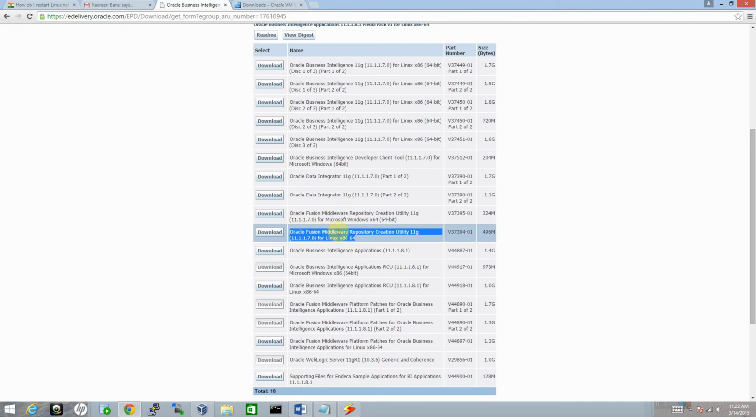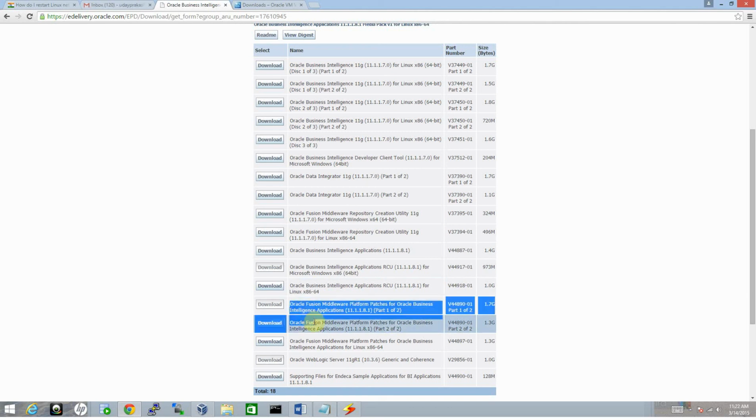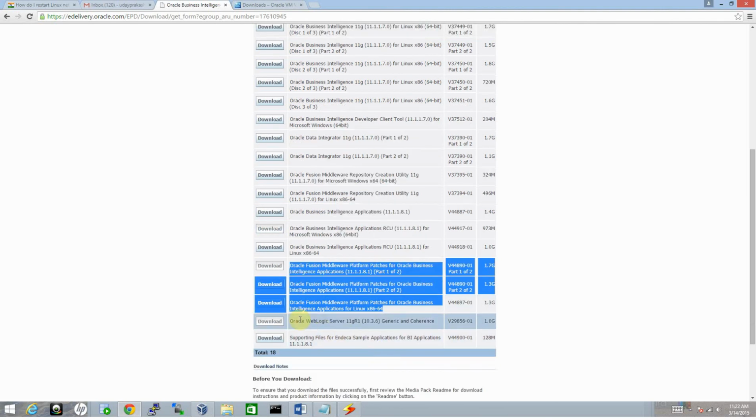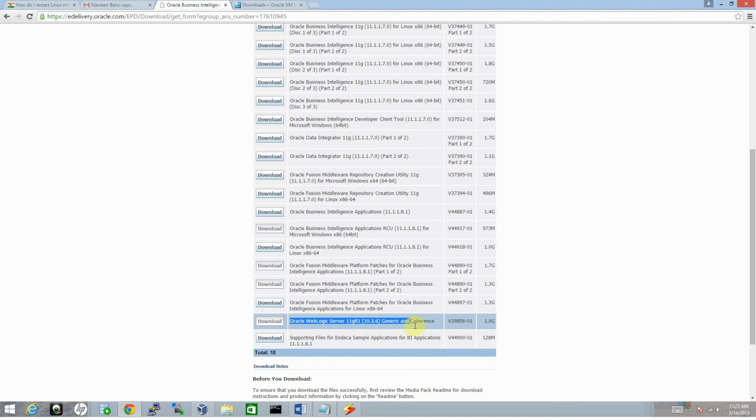Okay, next you will need to download OBIA applications 11.1.1.8.1. Next skip this one, but you need to download the Linux version of OBIA applications RCU. Okay, now it is compulsory to download all these patches, these 3 patches, right? And you will also need to download your Oracle WebLogic Server 10.3.6, because the catch here is if you are